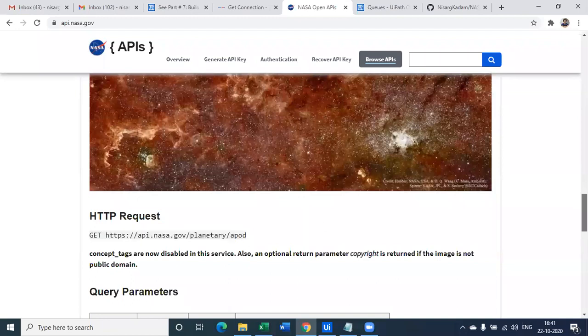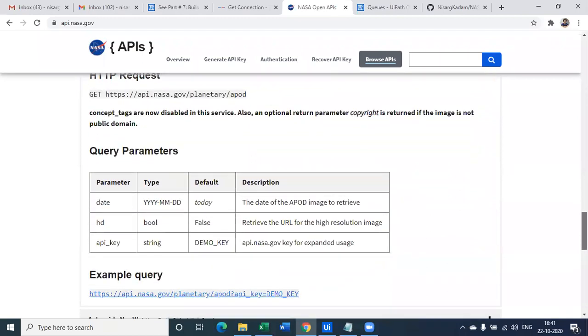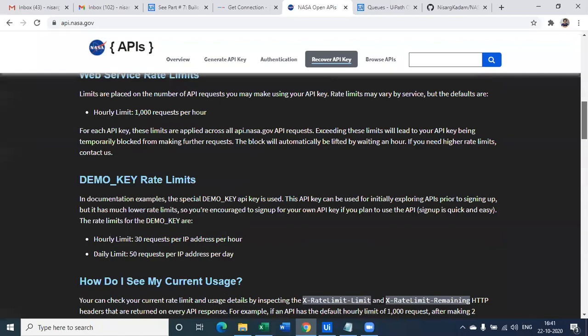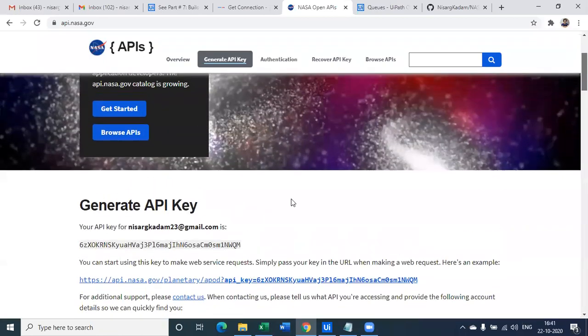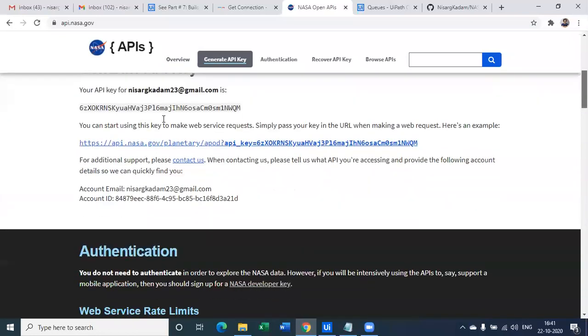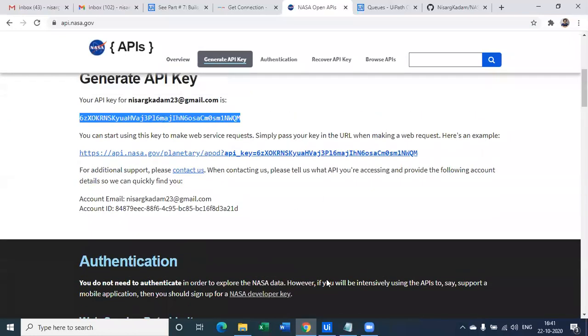Now, you might have learned how to use API automation in UiPath, where Priyanka taught you about it, so you know we can use HTTP request and we can fetch any API or any REST APIs we can automate in RPA. Now let's go ahead and try to automate and capture the astronomy picture of the day for the specific dates which we have in our input data. So for that, first of all, we have generated this API key. So we will copy this API key.